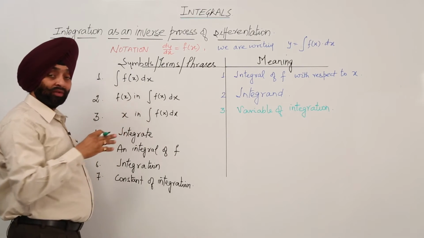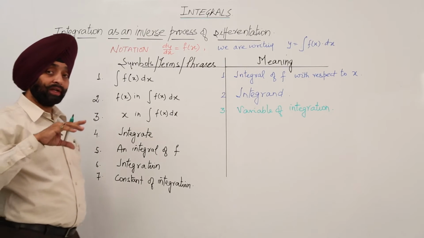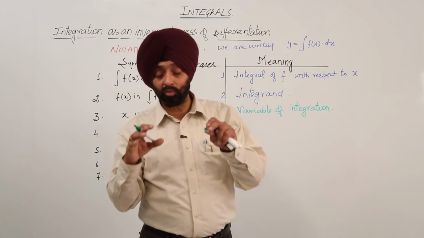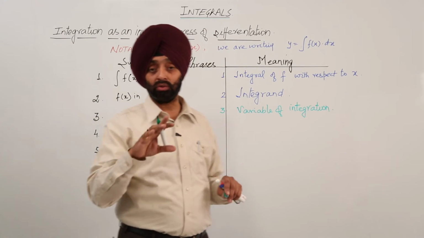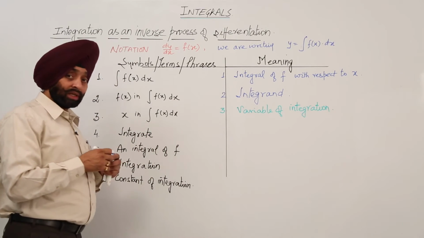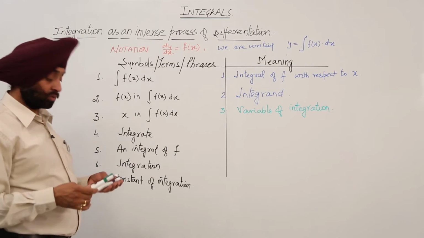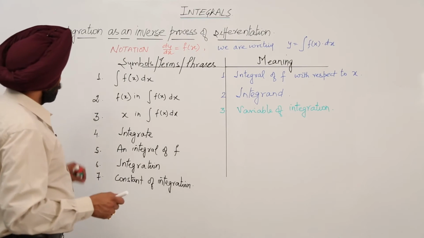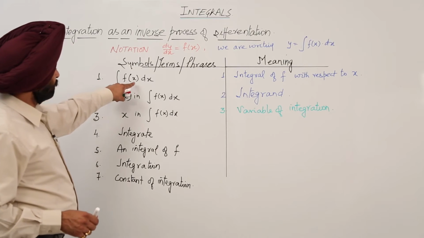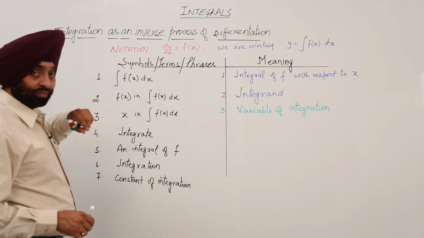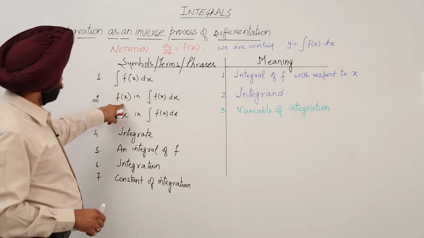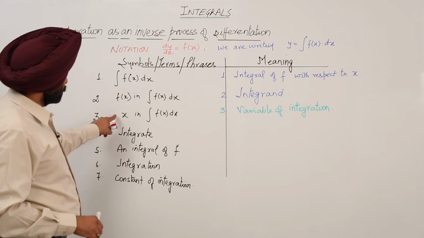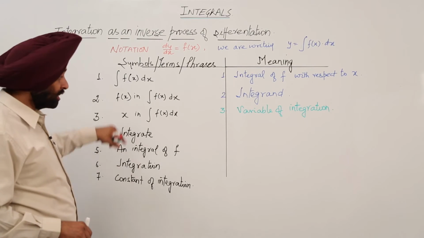Suppose here we are having any other symbol, let it be t, and it is written with dx, then t will be treated as a constant term. We are not going to integrate that term. t can be integrated only with dt. I will tell you that when we solve the questions. Integration of f(x) dx is called integral of f with respect to x. f(x) in this formula is the integrand, and x is the variable of integration.